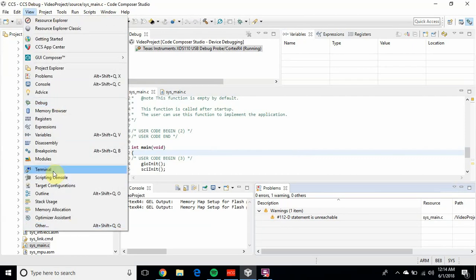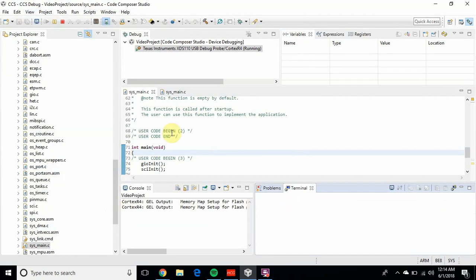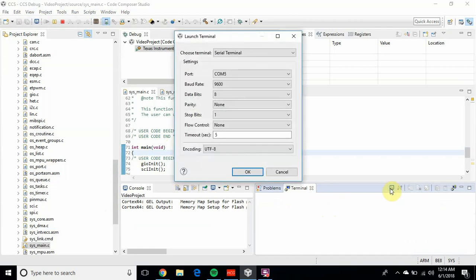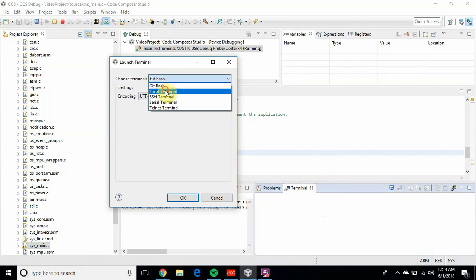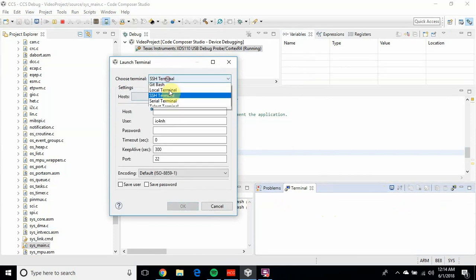We're going to go into Terminal. So Terminal is essentially our central location for all those COM ports. This is what we'll use to view the information coming into a specific COM port. You'll notice here in terminal we have a whole bunch of different options. You have a git bash, your local terminal, SSH. Just a bunch of different ways to receive information, and then this essentially just displays it in plain